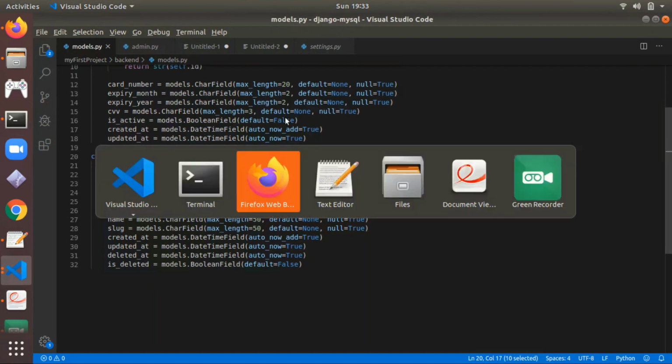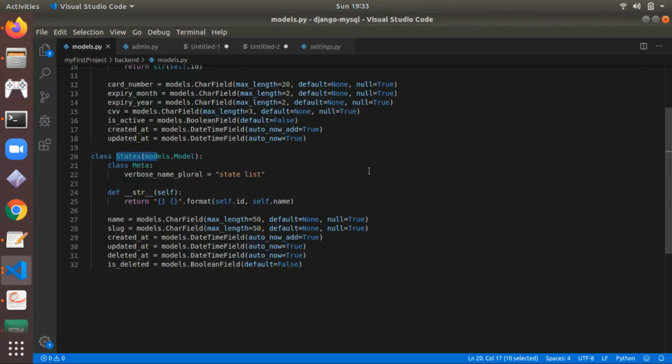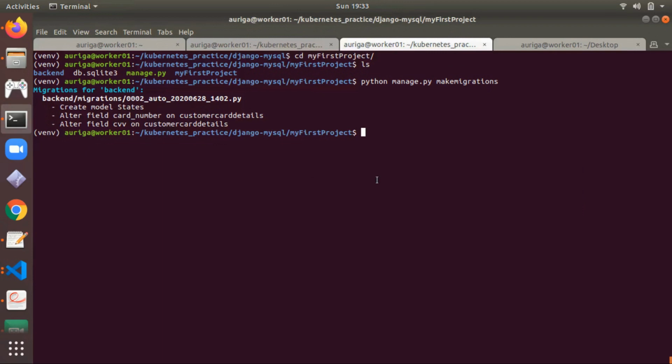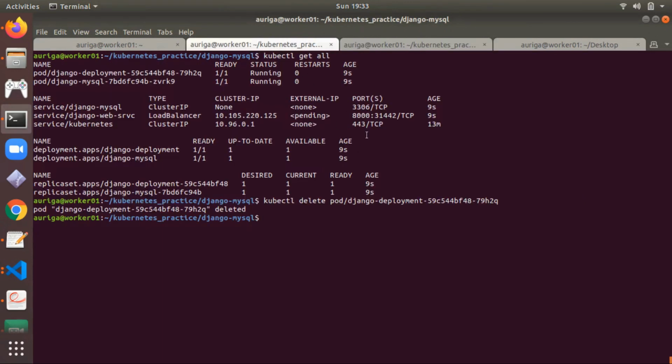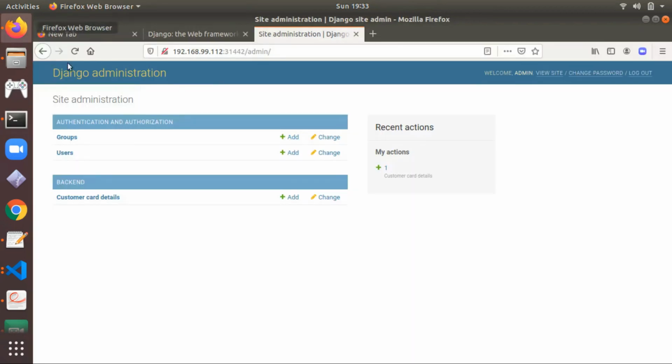And now if I copy this code from my local system to Minikube, you can see everything is copied. As soon as I copy here, I can also access this data here.